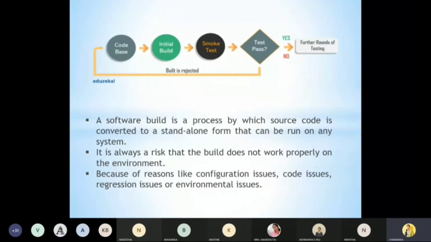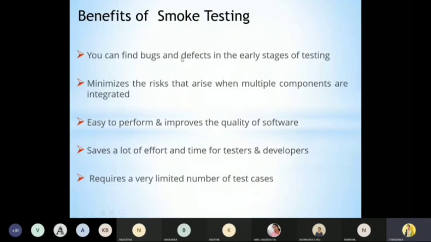So here are some of the benefits of smoke testing. You can find bugs and defects in the early stages of testing, and due to that it minimizes the risk that arises when multiple components are integrated.